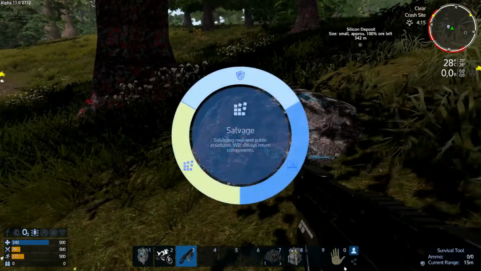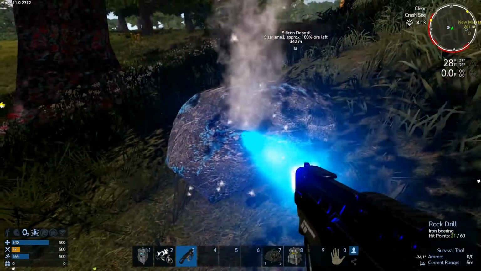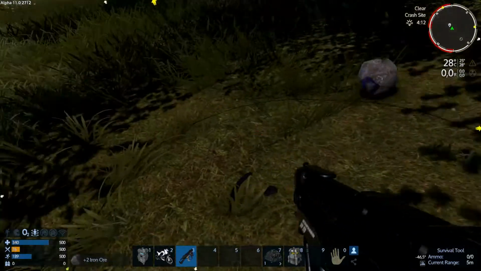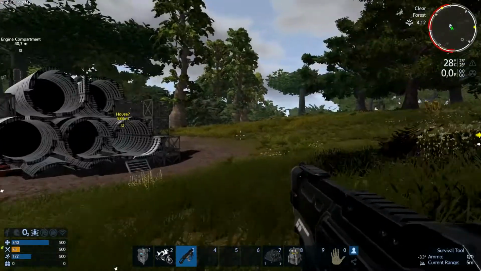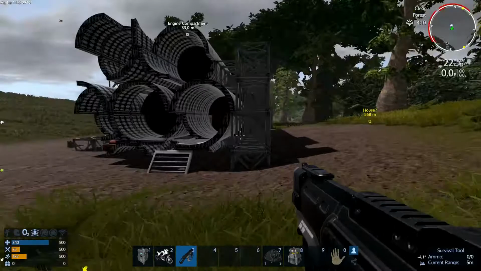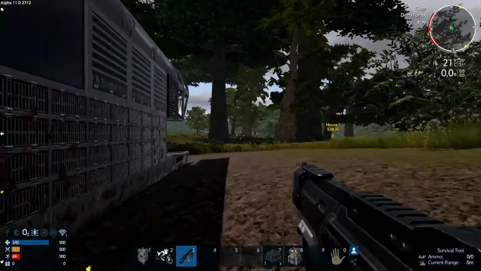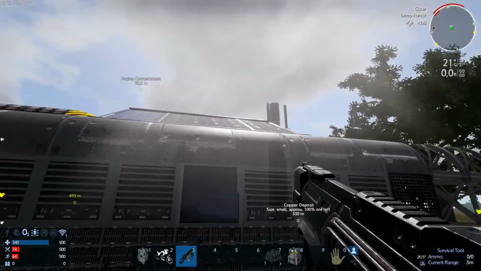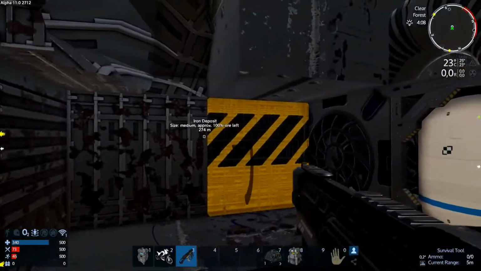Resource drill. Nope, not defense. Salvage. Nope. Resource drill. Okay, some more iron. We have iron over there. Usually you find it around the POIs engine compartment. Can we stay here? I saw some solar panels. Yes, I did. So if we go here,